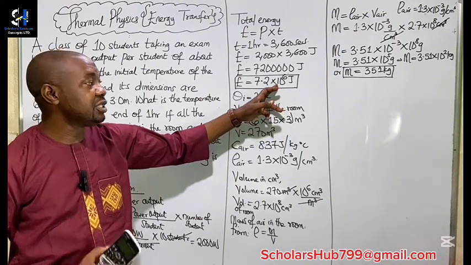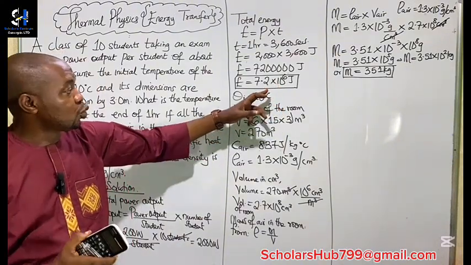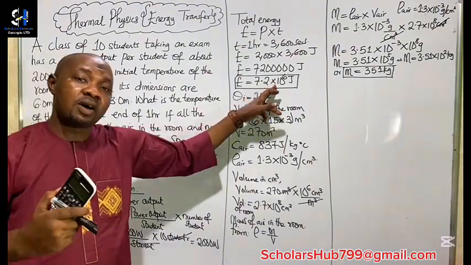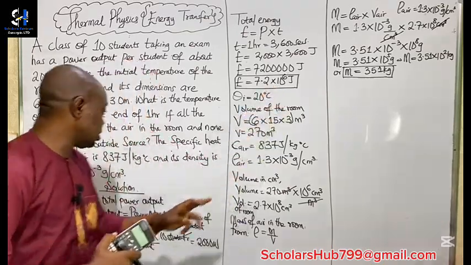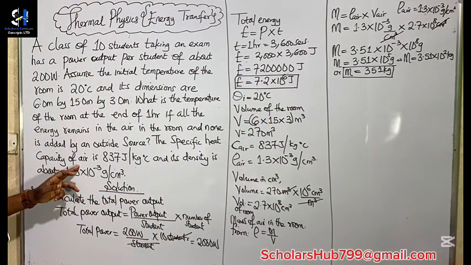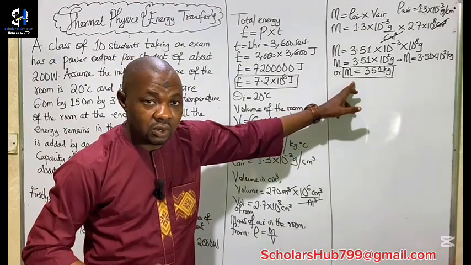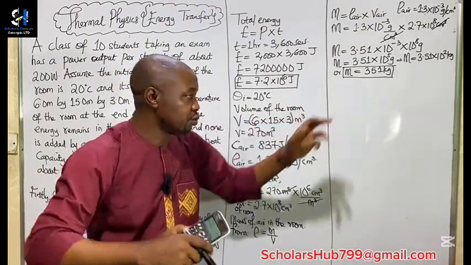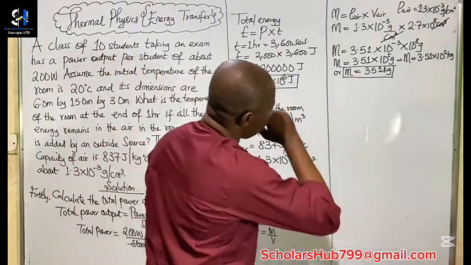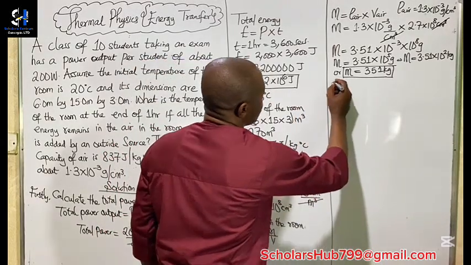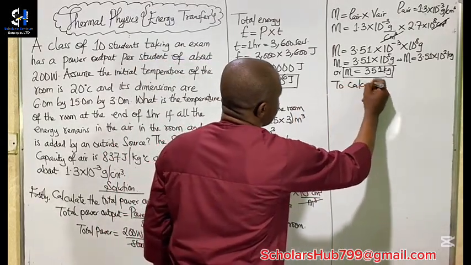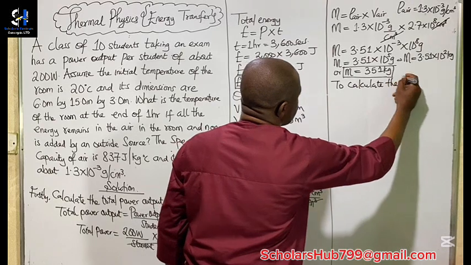Okay, that's the energy in the room. So we're going to use the formula for calculating specific heat capacity, and that's what we have here. We just calculated the mass of the air in the room. Now, to calculate the temperature